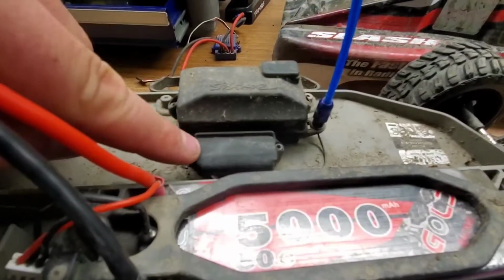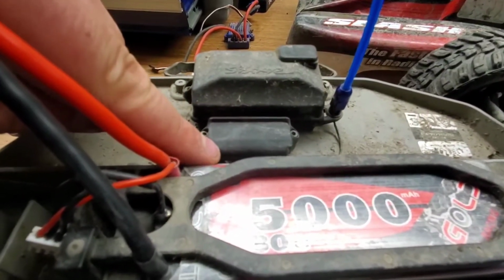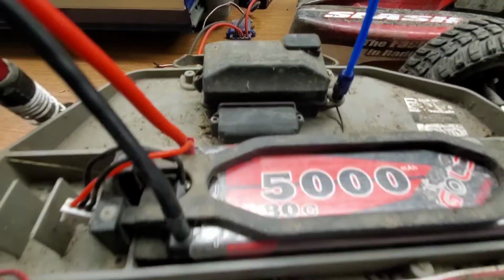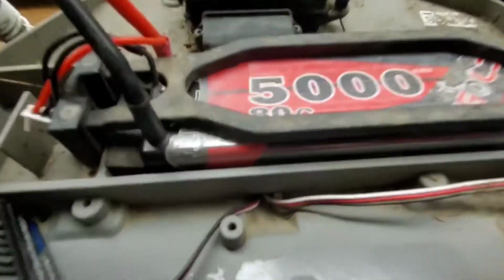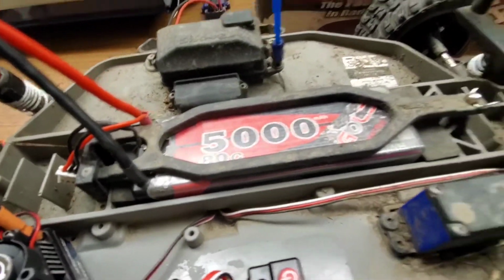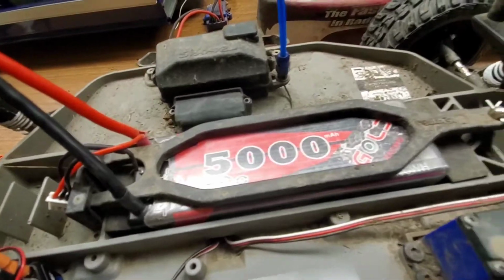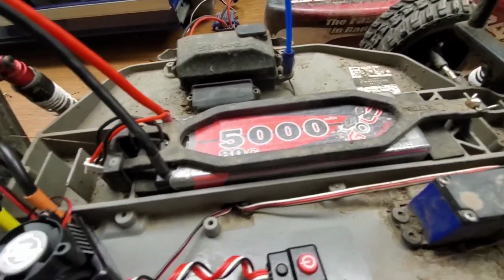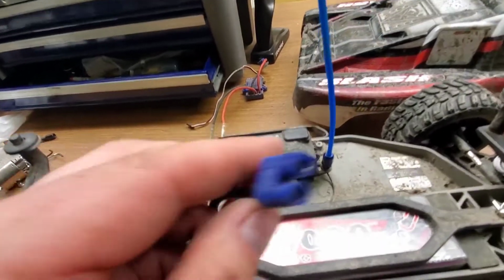There's a little foam in here that puts tension on the wires and helps keep water out of the receiver box. I put a little bit of tape over the wires in the center just so they don't get tangled into the battery when the battery's going on. I usually put in the batteries, but just in case my kids want to try, I run everything